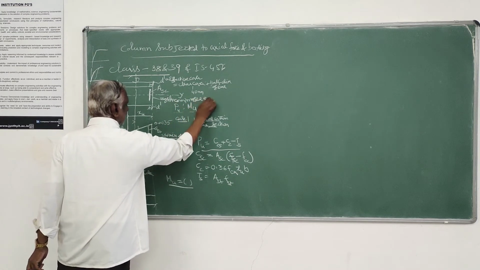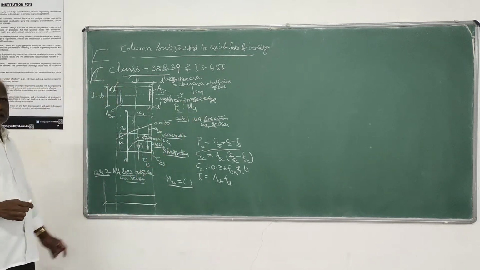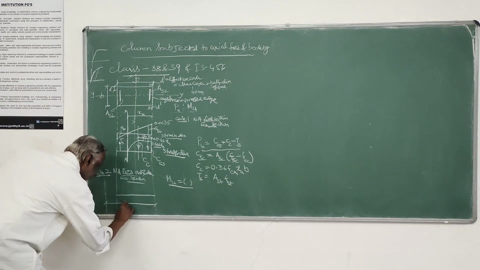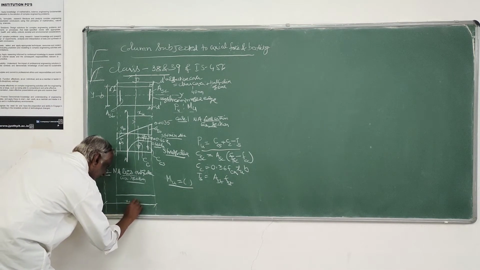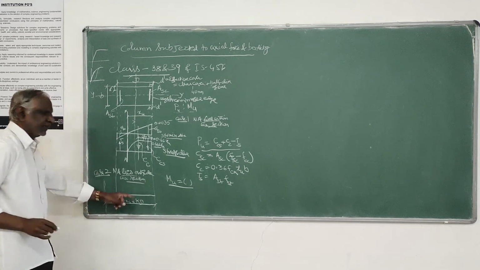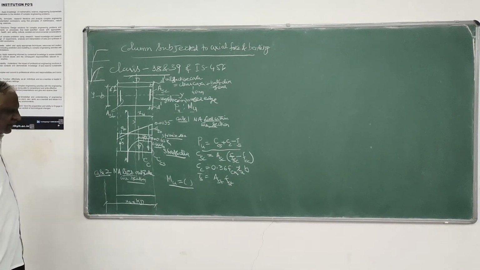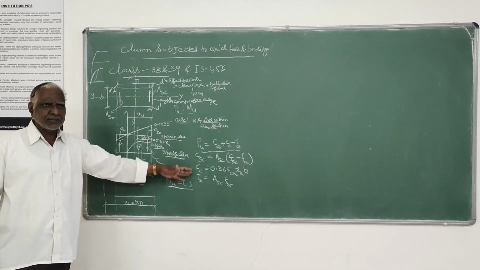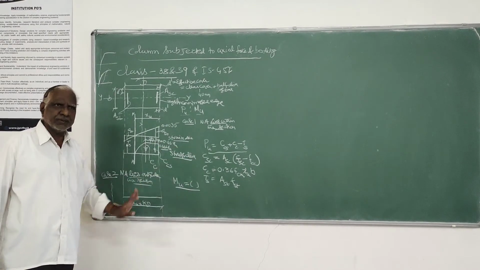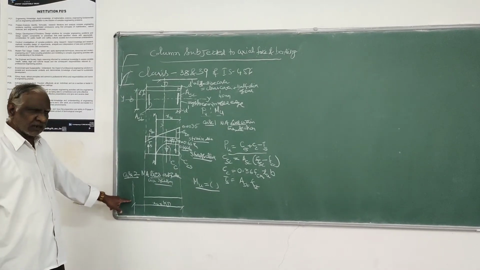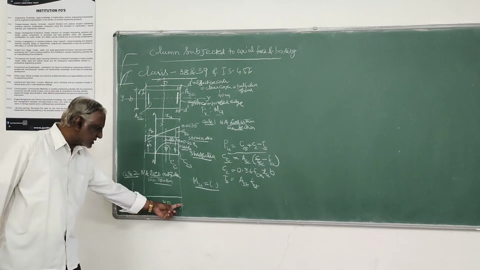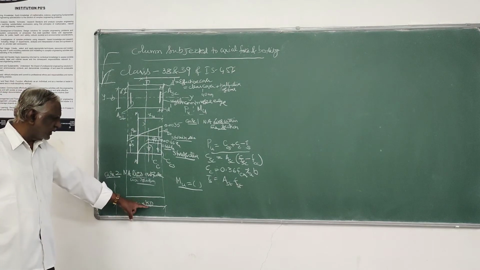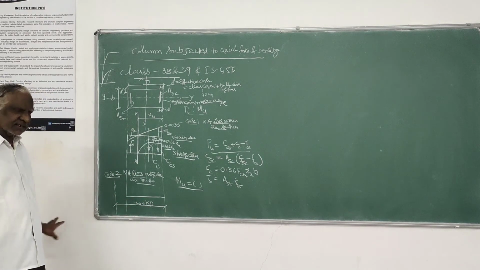Compressed edge. This is the highly tensile stress edge. From this highly compressed edge, let this be at a distance XU, which I can call KD. This is what has been designed in SP 16. In terms of this K only, it has given a simplified formula for calculation of PU and MU. Suppose the neutral axis lies away from the highly compressed edge at a distance equal to KD, instead of XU, that is KD.